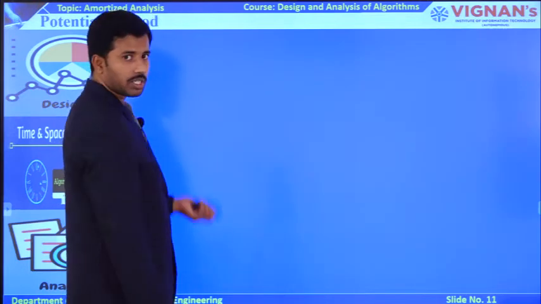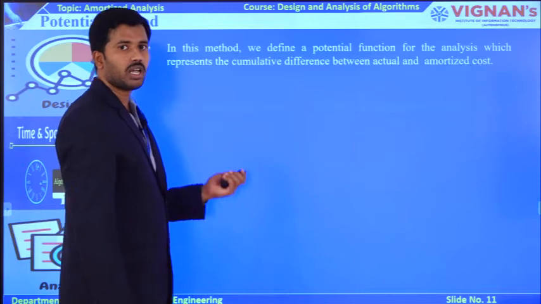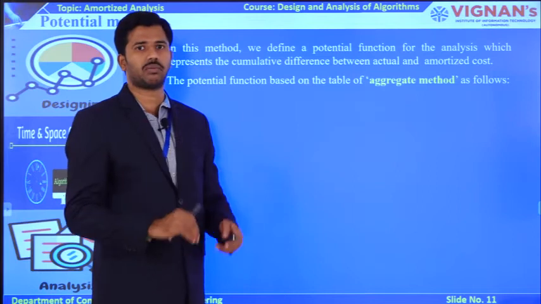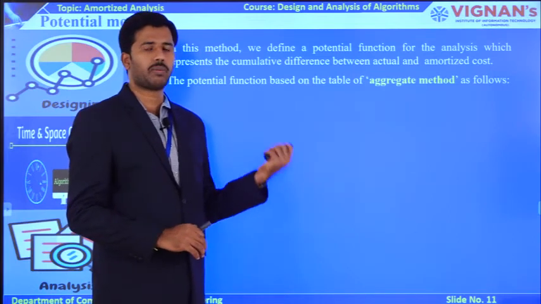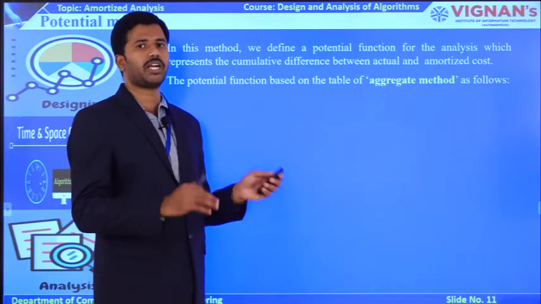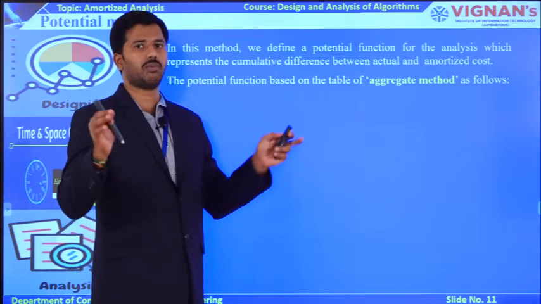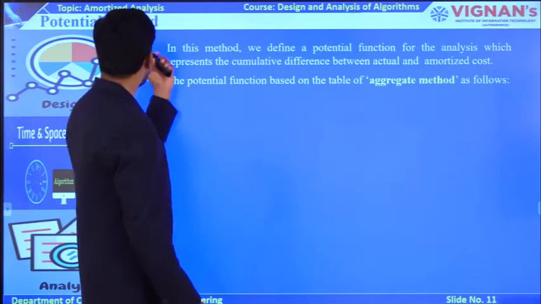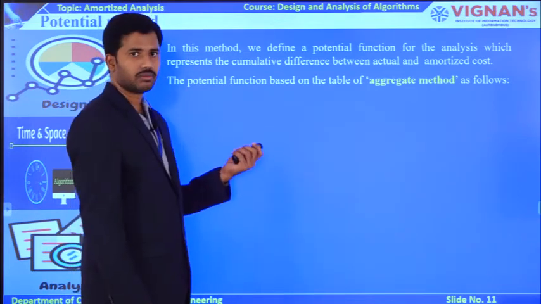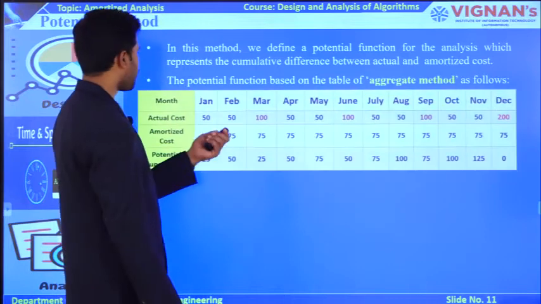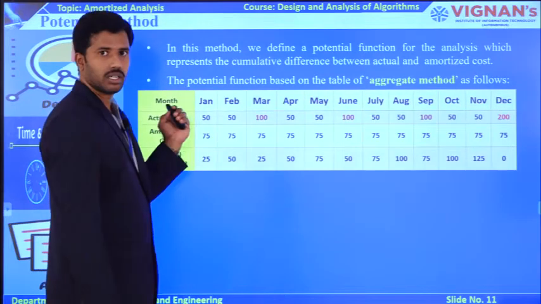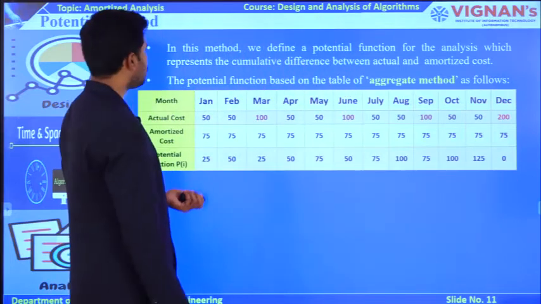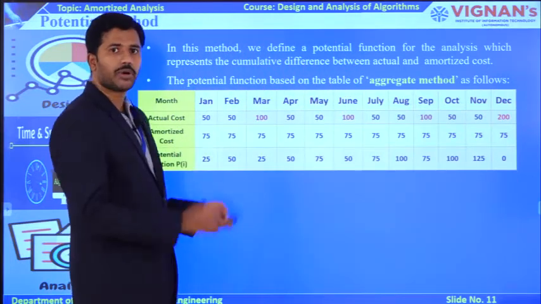Now coming to the last method, the potential method. This potential method depends upon the final tabulation values under the aggregate method. This method also depends upon the aggregate method, but it purely depends upon the final table of the aggregate method. Based on the table only, you have the capability to get the potential function. So this is my table, right? I got this table at the aggregate method. Why? Because at December I got a 0 value. Now let's focus on how to convert this table into a potential function.